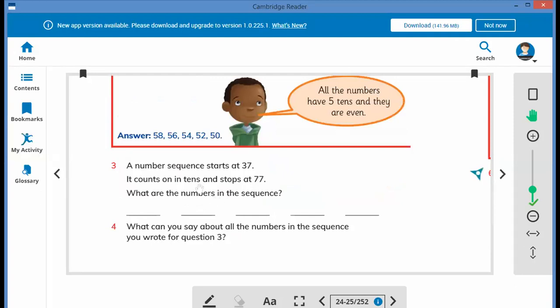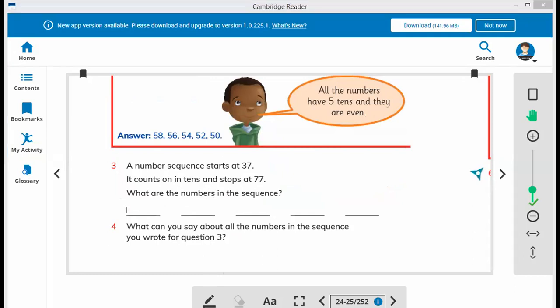A number sequence starts at 37, it counts on in tens and stops at 77. What are the numbers in the sequence? So we are going to write numbers in sequence. It is easy. We have to count in tens starting with 37, 37,